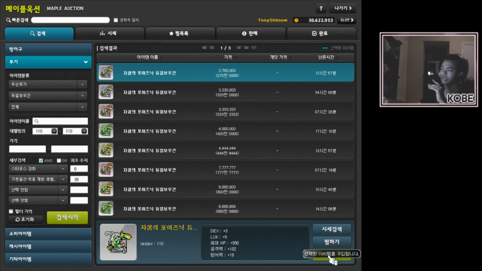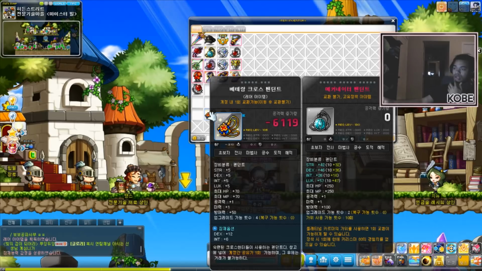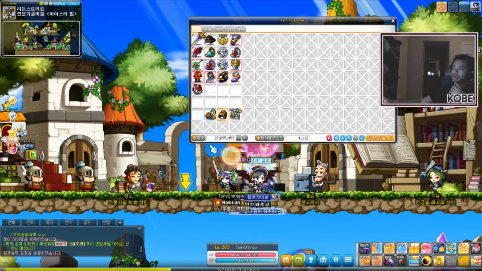I can live with that. 12 decks on reveal. Didn't even have to cube it. Now I just gotta scroll and Star Force everything. Let's look at this. 27.8. And then I drop all the way down to